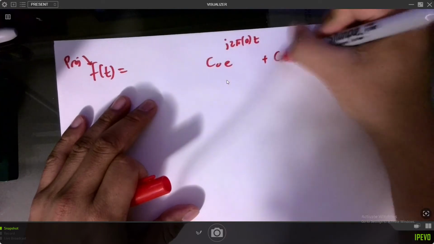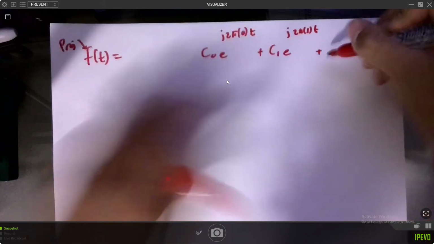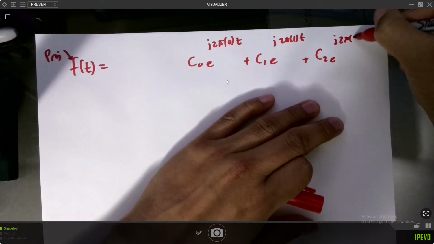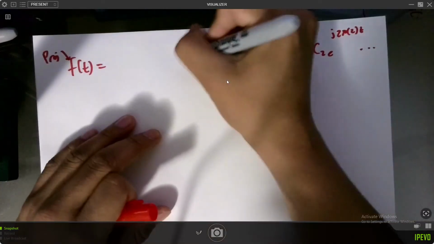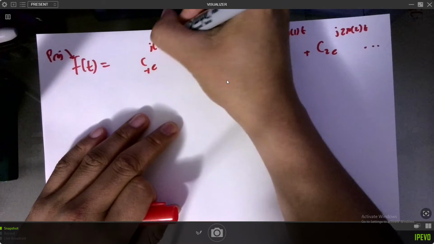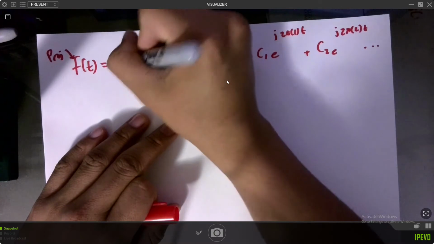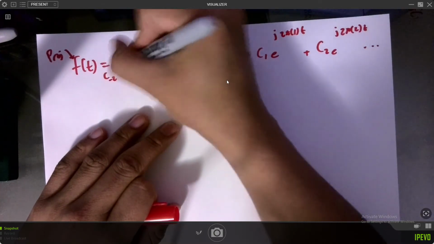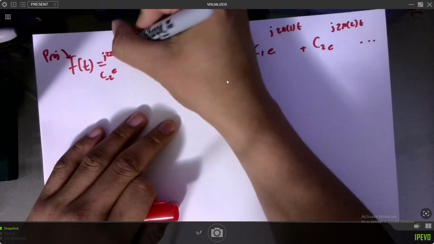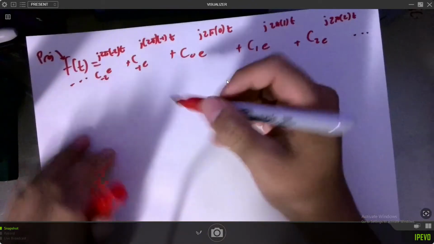plus c of 1 e to the j 2 pi of 1 t, plus c of 2 e to the j 2 pi of 2 t, and then dot dot dot, and do it for here, plus c of minus 1 e to the j 2 pi minus 1 t, and okay, I'll finish it. c of minus 2 e to the j 2 pi of minus 2 t. So this is just a portion of what you're going to do,